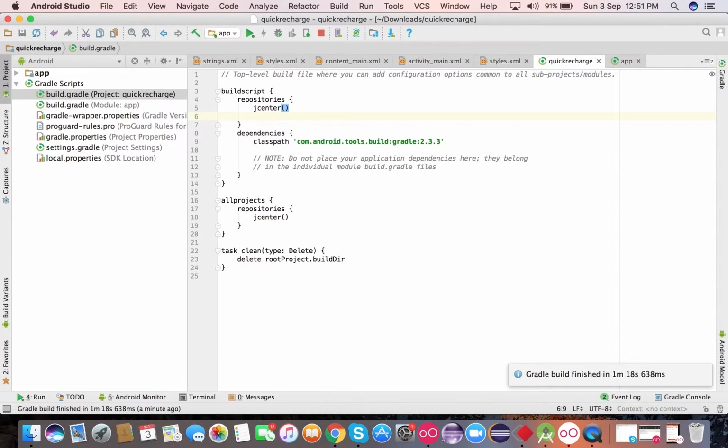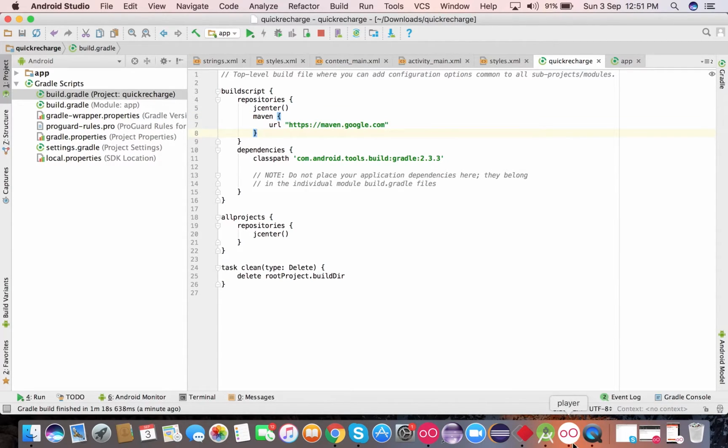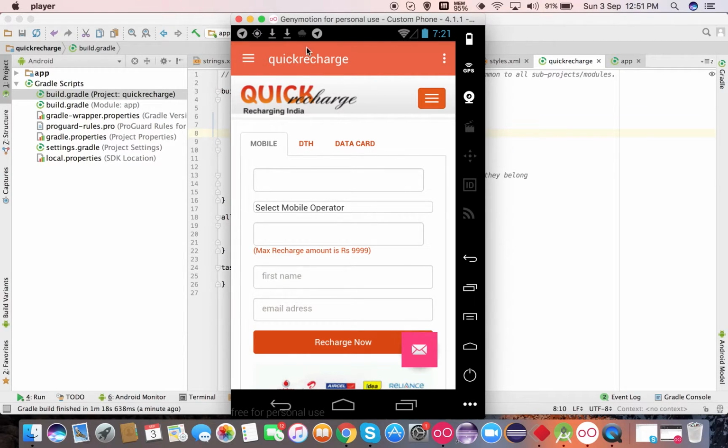and I have just run the application, and you can see in the emulator the application has run properly and I am able to see the output. By the way, this is my Quick Mobile Recharge application,